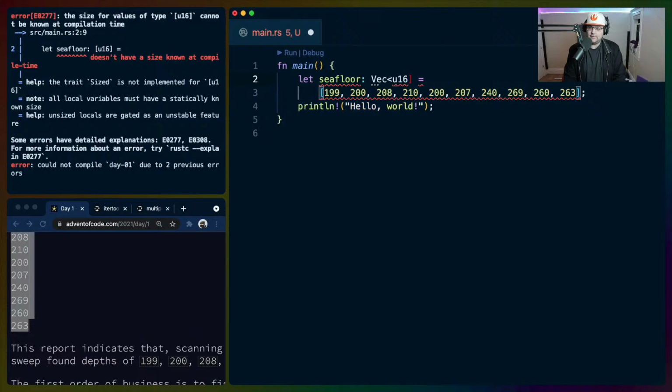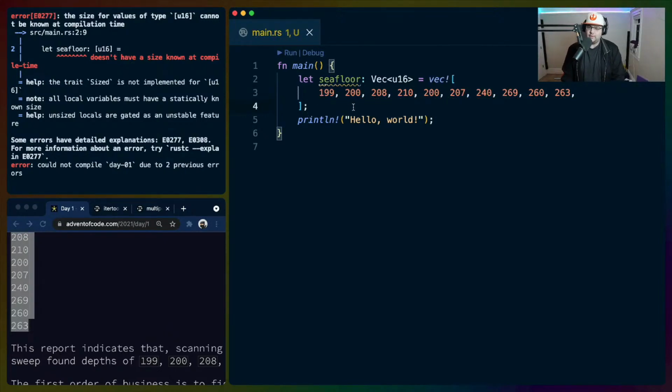I don't really need this to have a size known at compile time. So, well, I do need it to have a size known at compile time. What I don't need is for it to be an array with a totally sized number of arguments. So it needs to go onto the stack in a specific size, but it doesn't need to be sized on the heap in any way. Whoops, this line is invalid. Oh, yeah. That makes total sense.